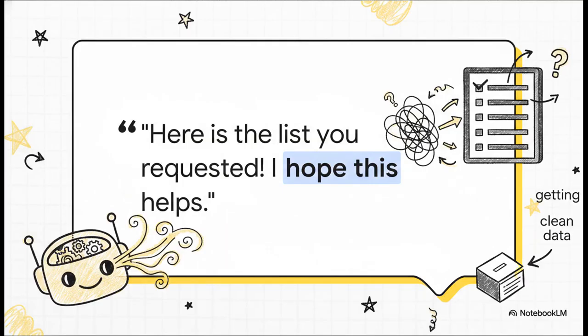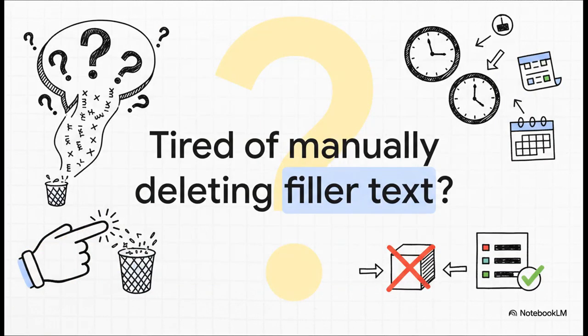We've all seen this, right? You ask for a simple list, and the AI, trying its best to be a polite assistant, wraps the answer in all this conversational filler. It's nice, I guess, but it's not what we need when we just want the raw data. Exactly. This is what I call the chatty problem. You're stuck deleting the "sure, here you go" at the beginning and the "hope this helps" at the end just to get to the stuff you can actually use. It feels like a tiny annoyance, but man, it adds up to a huge waste of time.